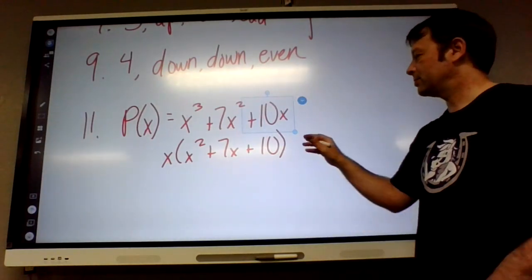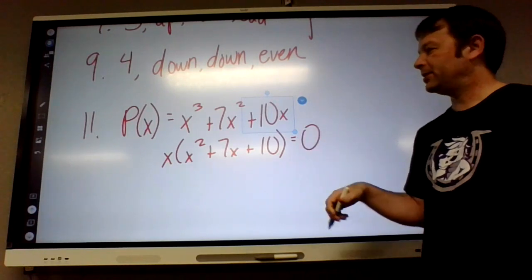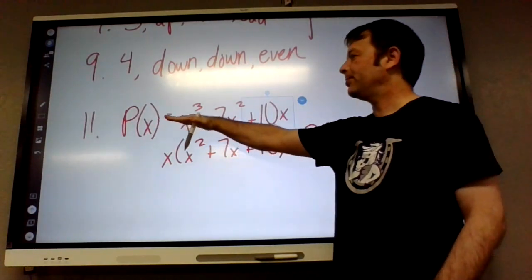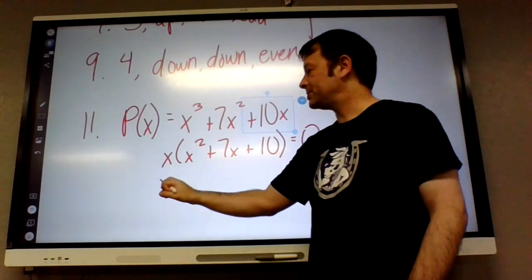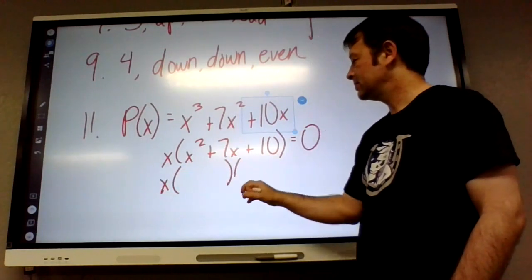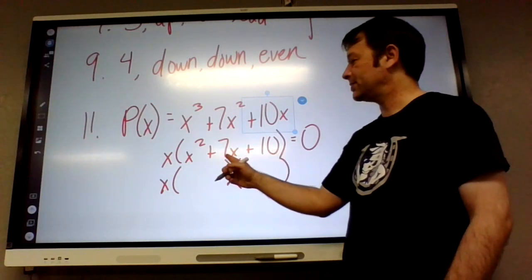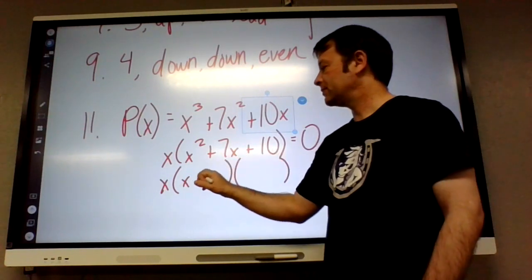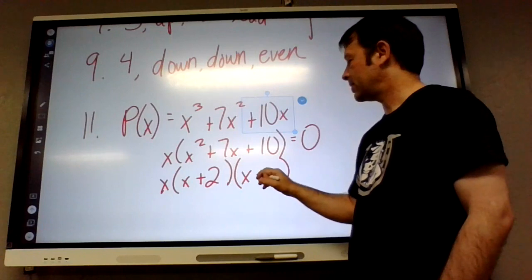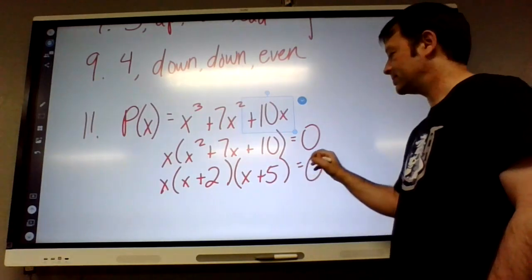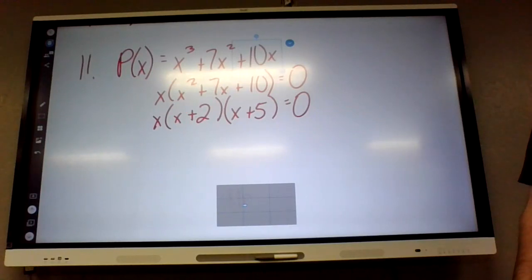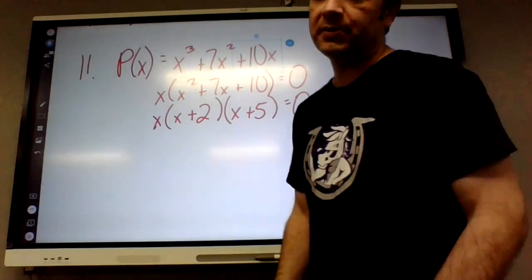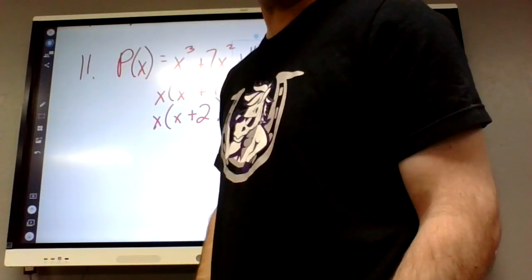Show a little bit of work. You don't have to show every step. Like copying the problem down, I don't count that as showing work. So, does this thing in parentheses factor? What multiplies into 10 that adds up to 7? 2 and 5. Okay, we don't need to use the rational root theorem on this one, but we will on the next one. 12 is,